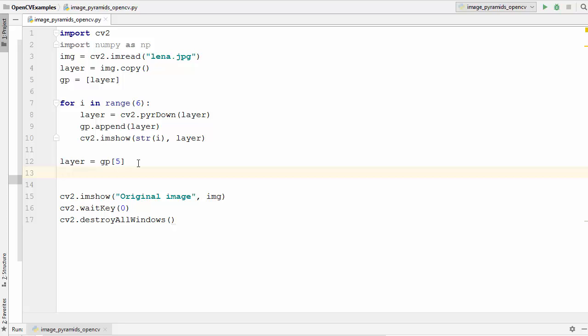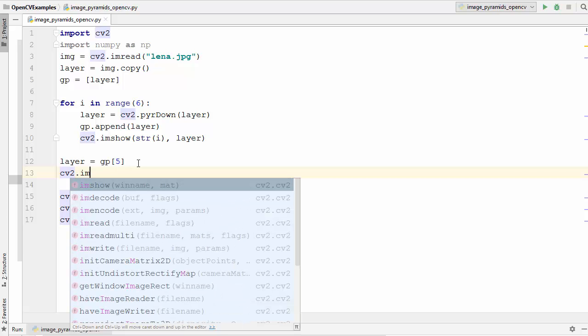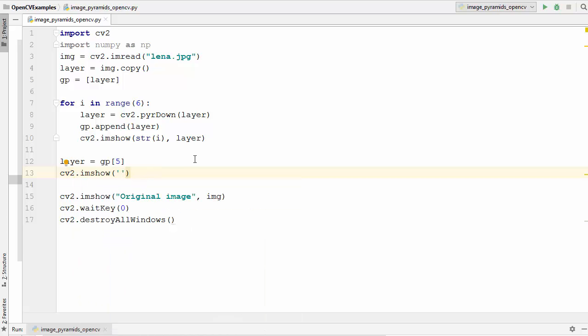So I'm going to just say cv2.imshow, and this is the upper level or the last image. So I'm going to say upper level Gaussian pyramid, and then we are going to pass this layer variable here. So this is going to show just the last image of this list, and let's just comment this code out